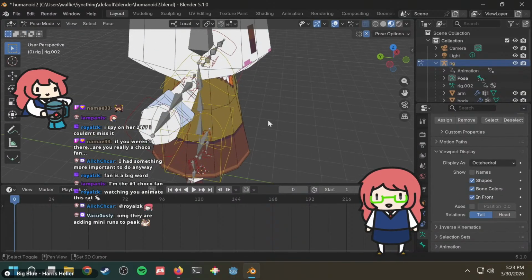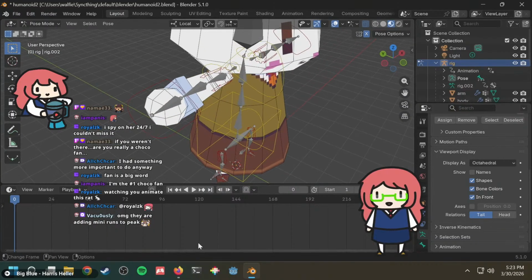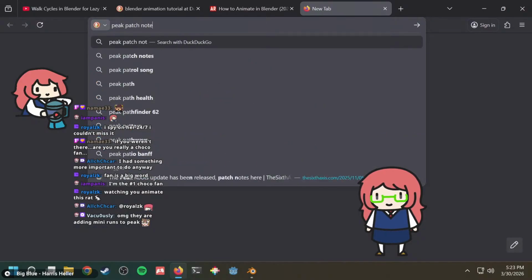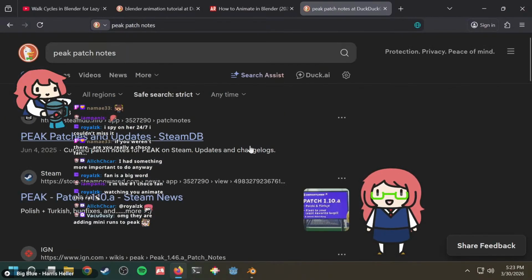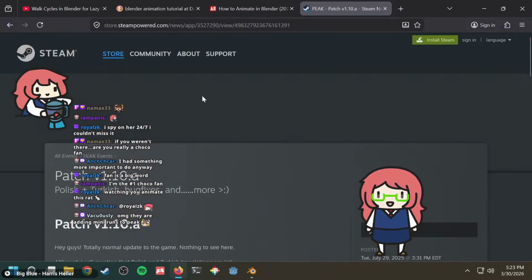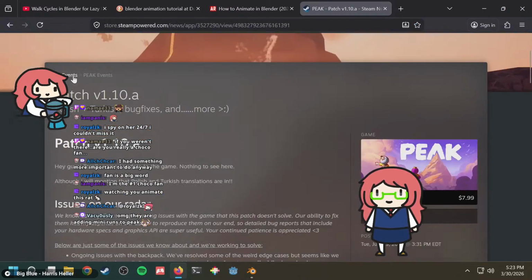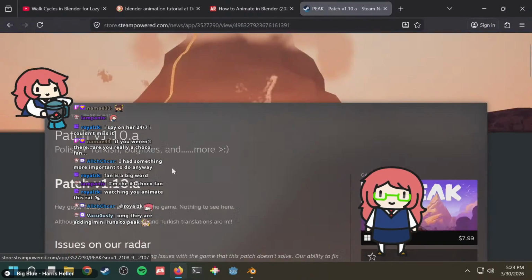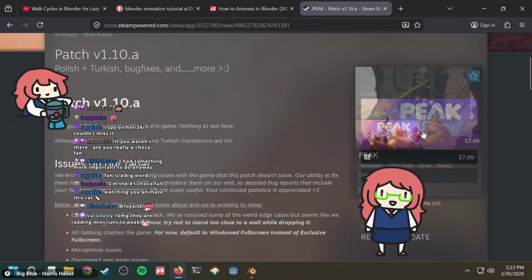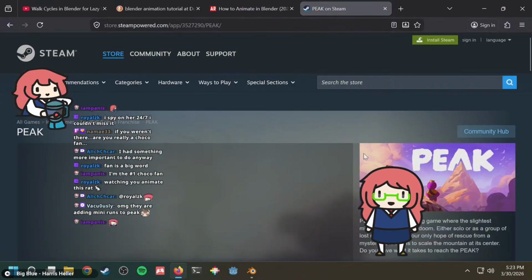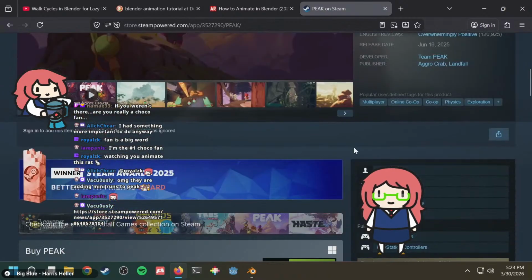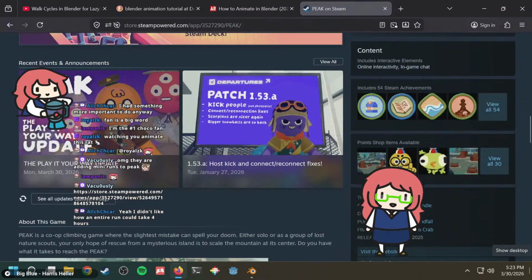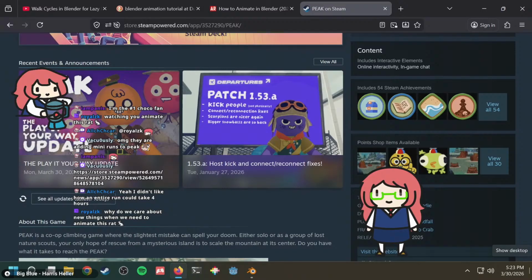Yeah, there's a new Peak patch notes. Hold on, can we all read the new Peak patch notes? All you Peak players, they're adding new things. New updates to Peak. How do we check the latest patch? If you wanted to like play but not do a full run, you could totally do that. Steam powered app view. This link. Okay, I will click on it. I've clicked on it.